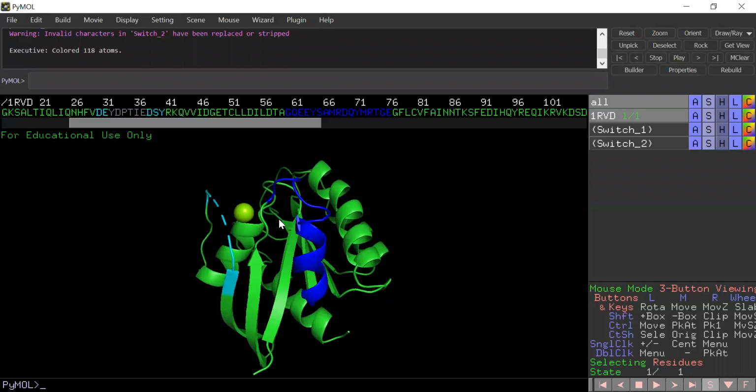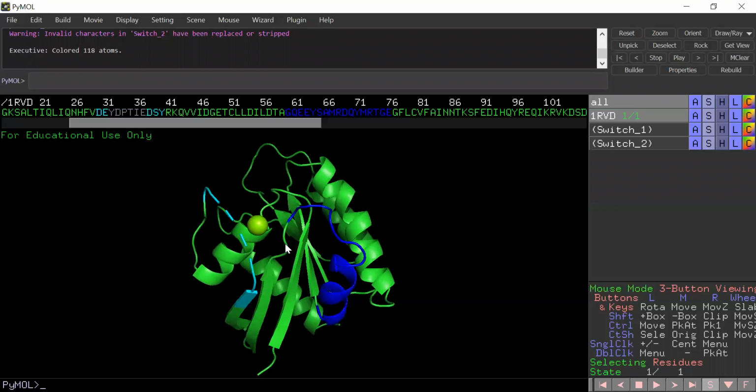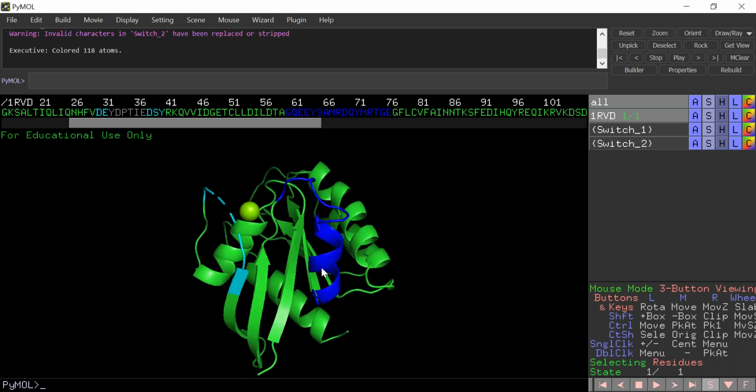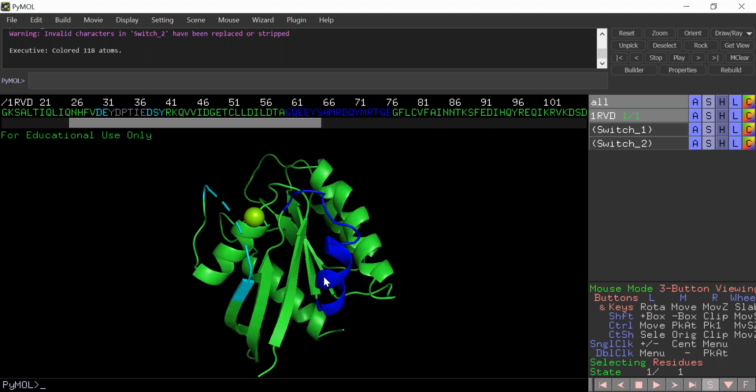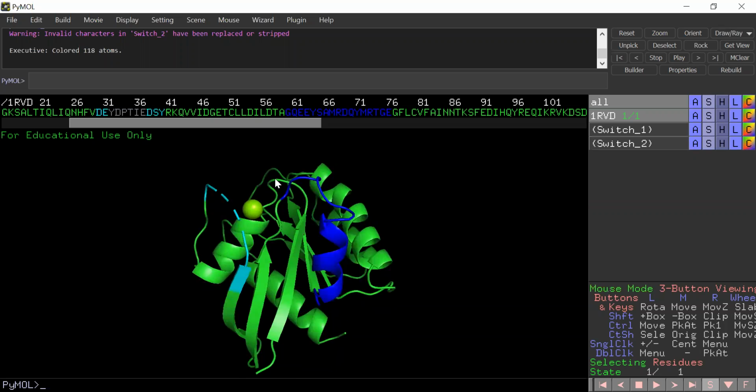Before I talk to you about secondary structures, however, I want to talk about these two little blue sections at the bottom of the protein. This light blue section here is actually called switch 1, and this dark blue section is known as switch 2. They're called switch 1 and switch 2 because they require the binding of specific molecules such as GTP and magnesium for the protein to be switched on. GTP binds in between these two,